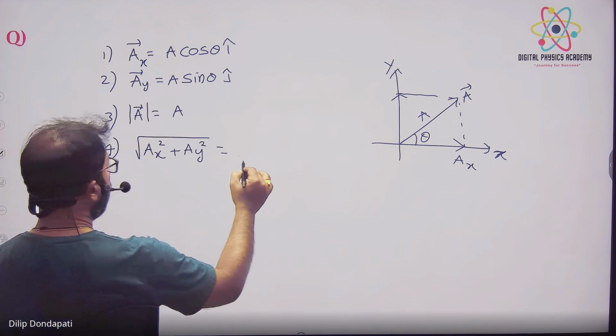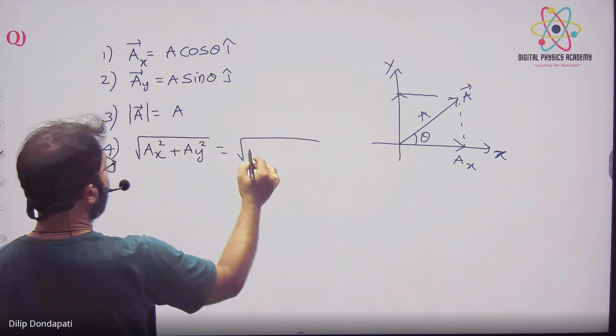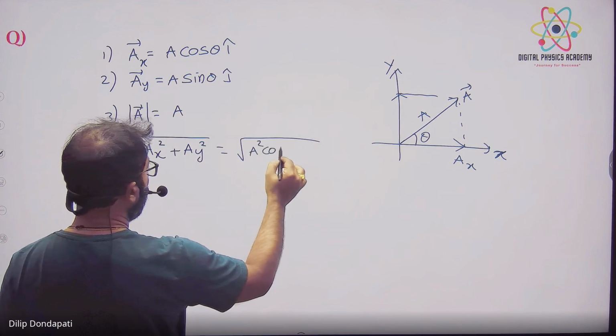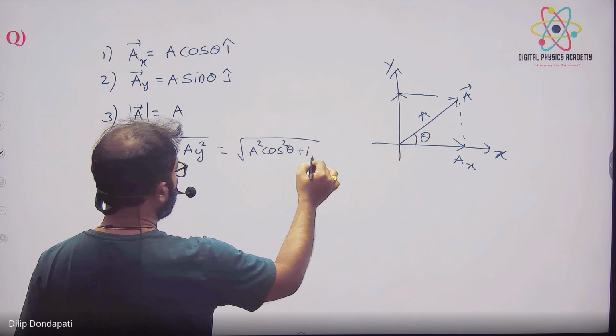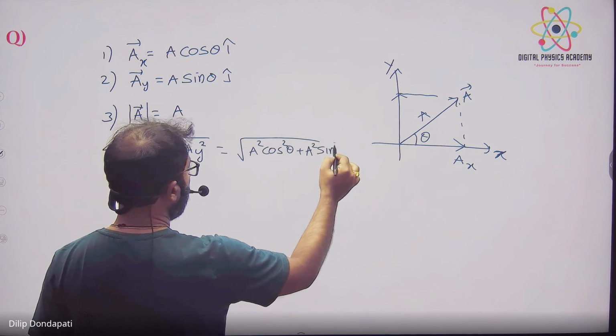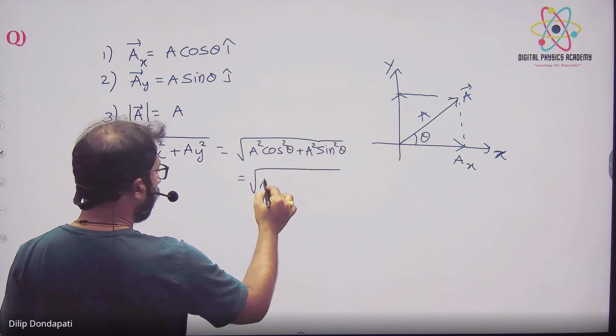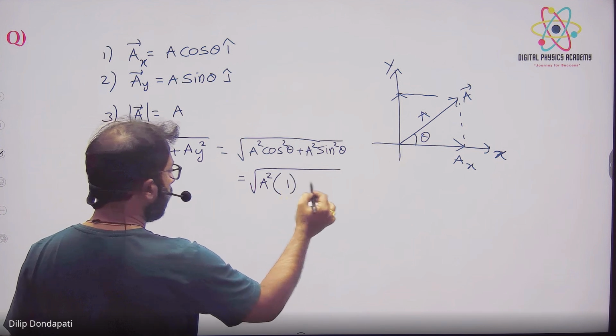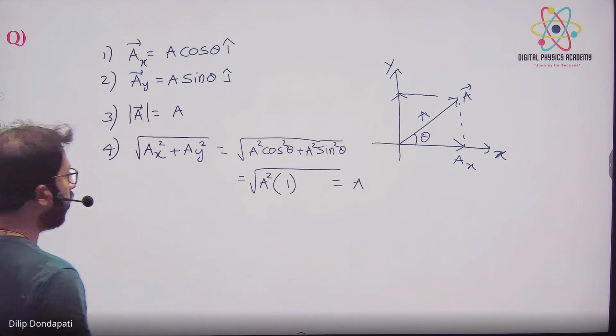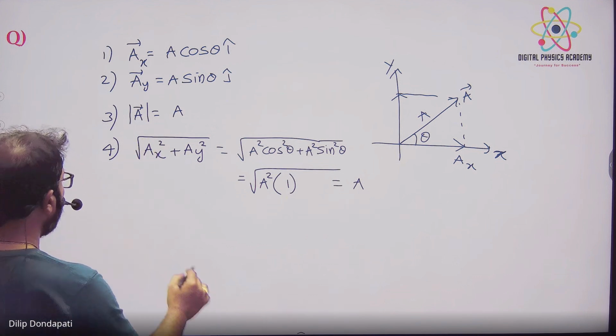Say A. Why? Because under root, A x square is, what was its square? A square cos square theta plus A square sin square theta, right? So A square common लिया, and sin square plus cos square is 1. So it is A, right? मतलब you have to understand that whenever